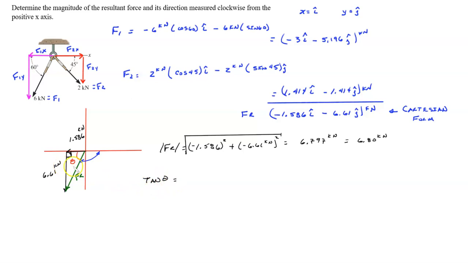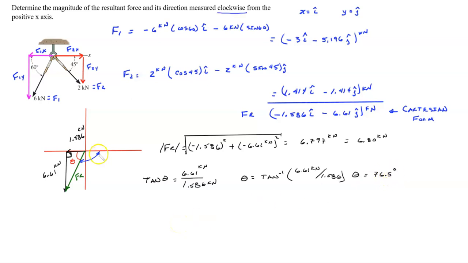We take the tangent of theta, which is the opposite, 6.61 kilonewtons, divided by 1.586 kilonewtons. So here we take the arctangent of that number, and we end up with 76.5